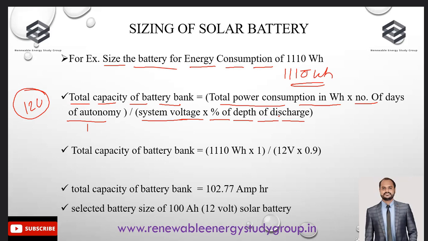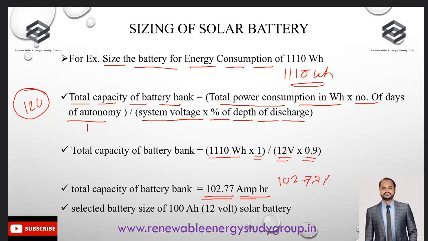In some cases, you can use 80% depth of discharge, or 90% also will be feasible. So from this calculation, we get the answer in terms of ampere hour. Let's say 1110 watt hour multiplied by 1 day of autonomy, divided by 12 volt multiplied by 0.9, that is the percentage DOD. And from this, we get the total capacity of battery bank for the given system for the requirement of the consumer as